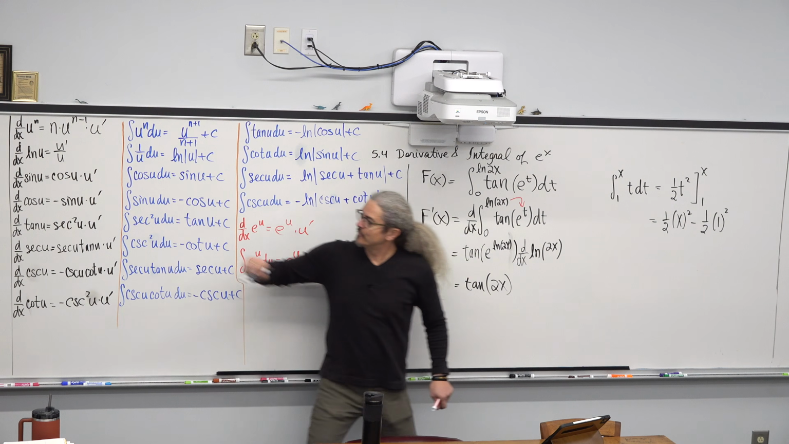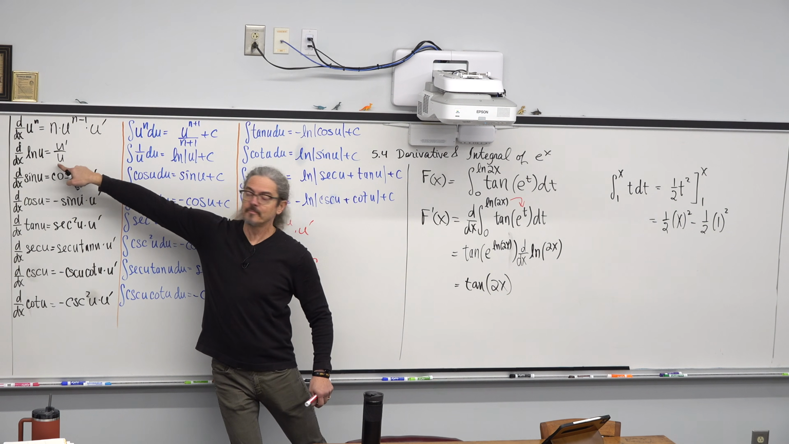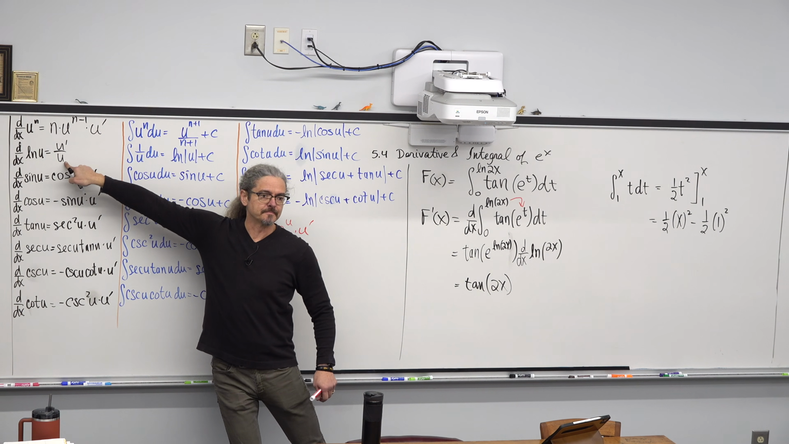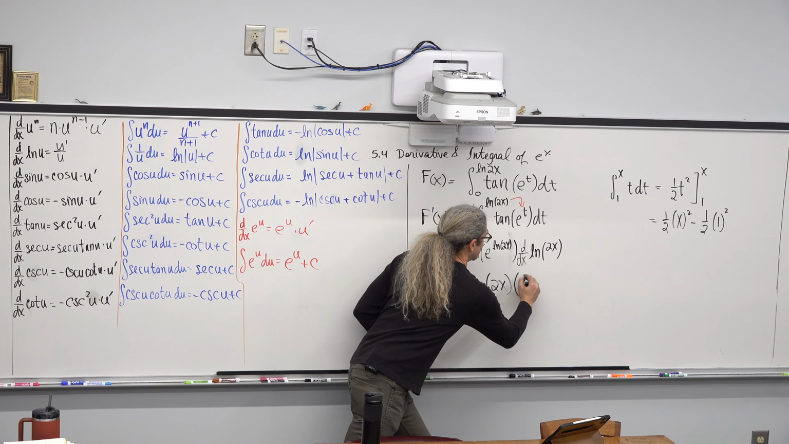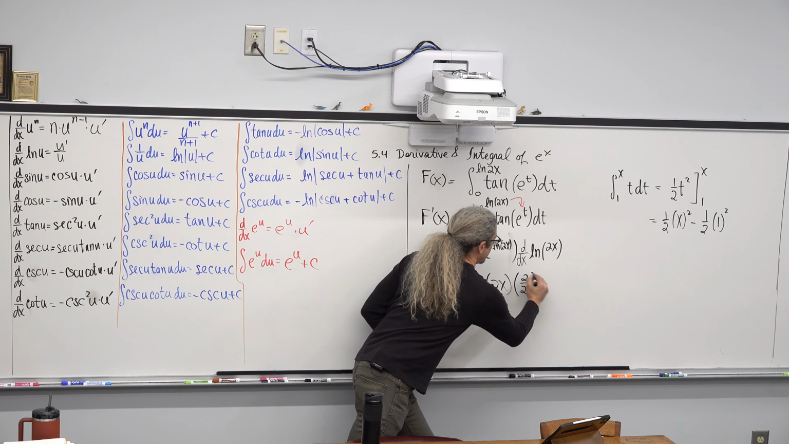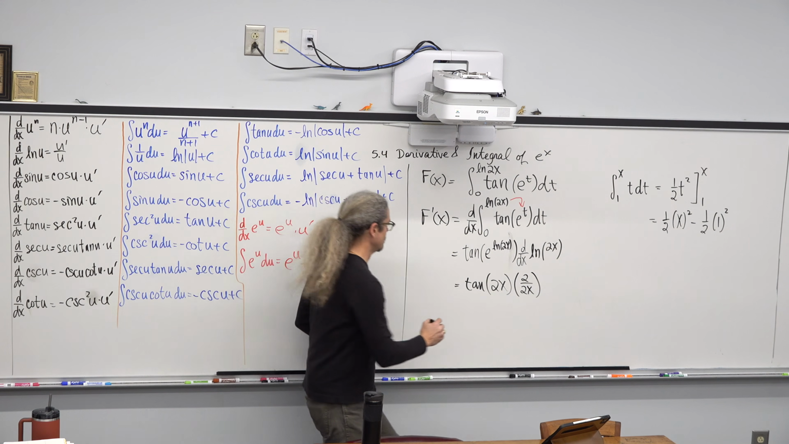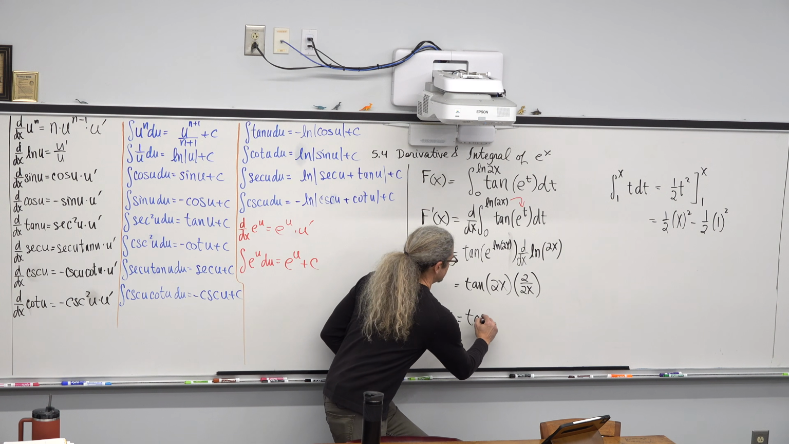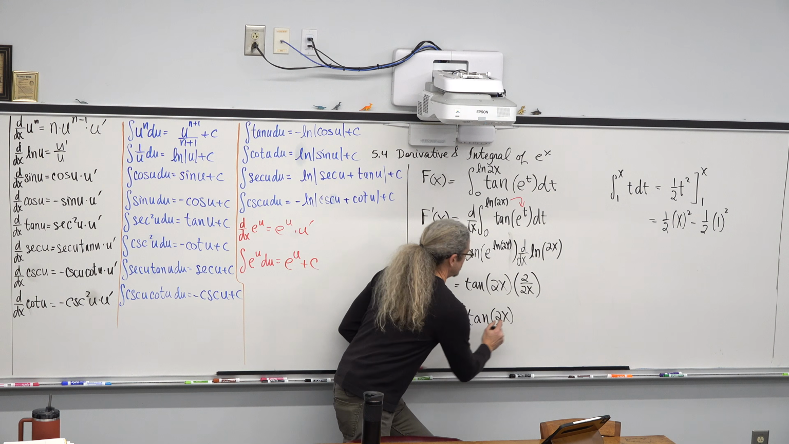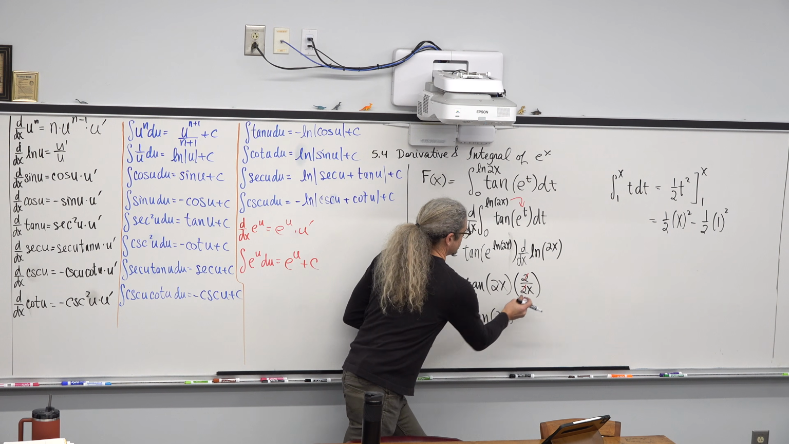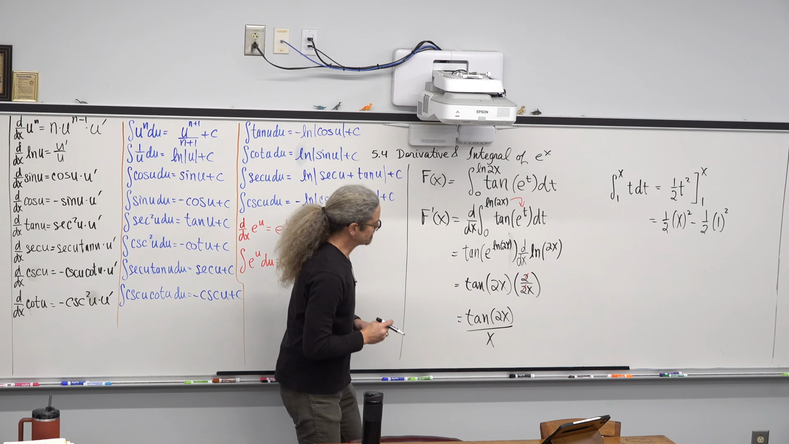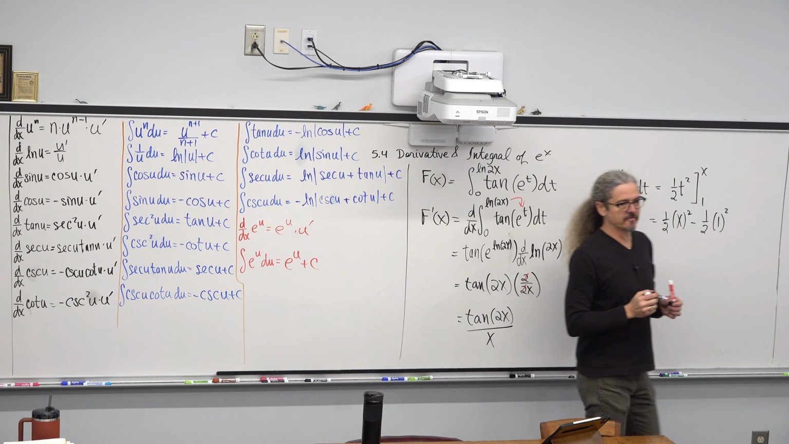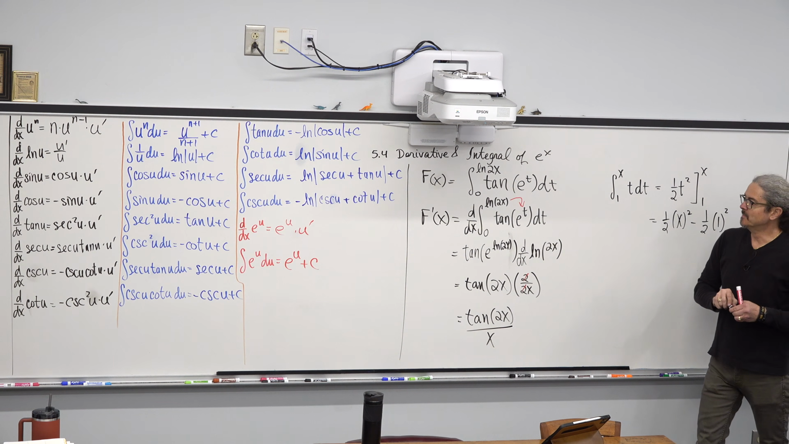The derivative of natural log of u is u prime over u. So we have 2 over 2x, meaning our final answer is the tangent of 2x. Our 2's are going to cancel, so that's going to be just over x. And that's our last example involving derivatives